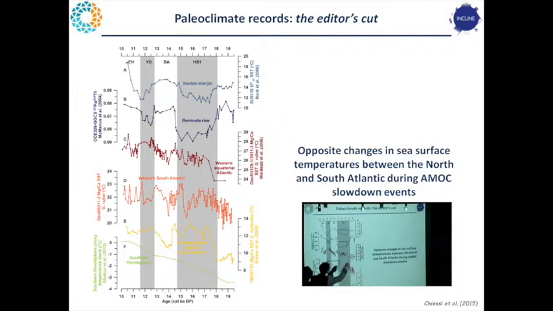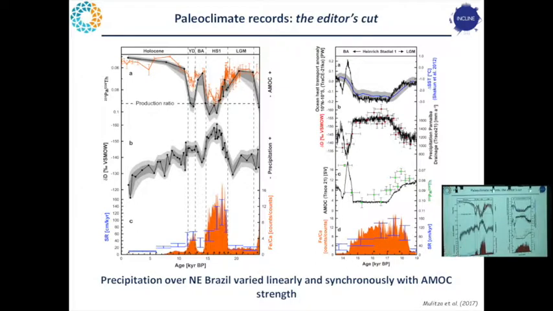As temperatures in the northern hemisphere, Iberian margin, decrease, temperatures in the western equatorial Atlantic increase. In here, the western South Atlantic increase. Southernmost eastern South Atlantic increase as well. There is what we call a bipolar seesaw. Consequences are not only there for temperature, but they are there also for precipitation. The changed sea surface temperature gradient in the Atlantic, in the equatorial Atlantic, leads to a southward shift of the